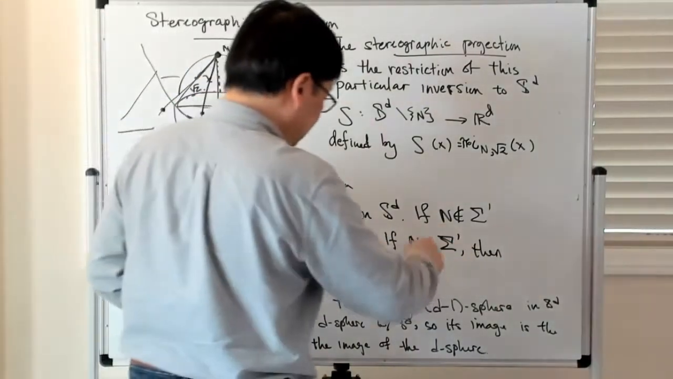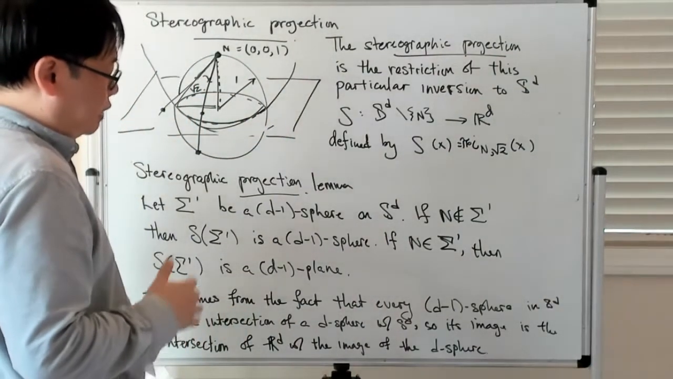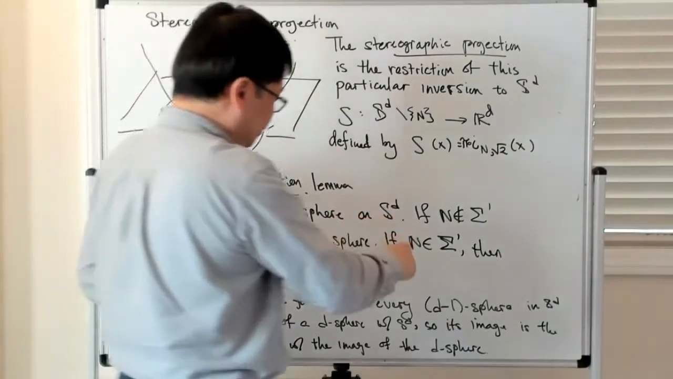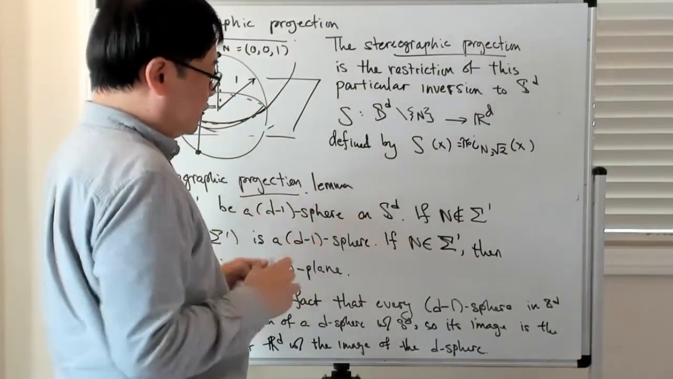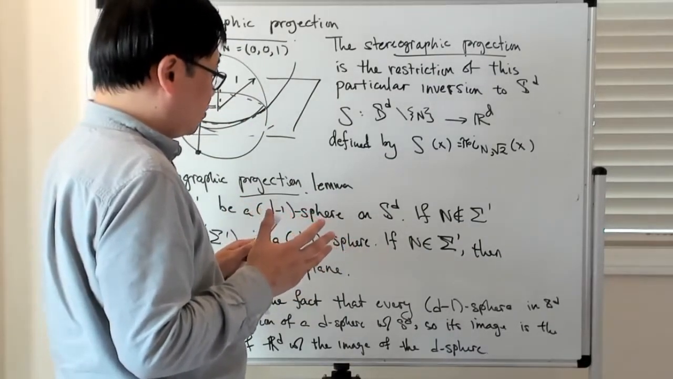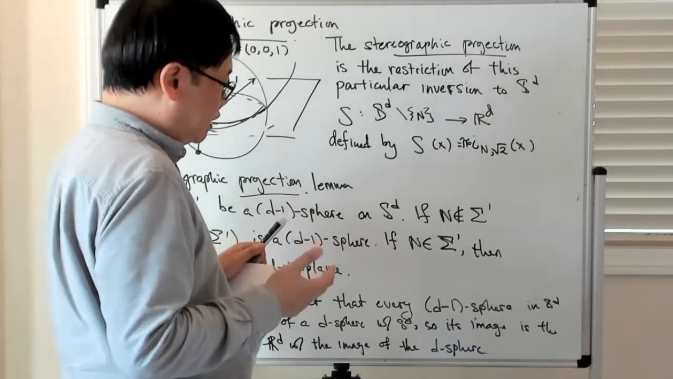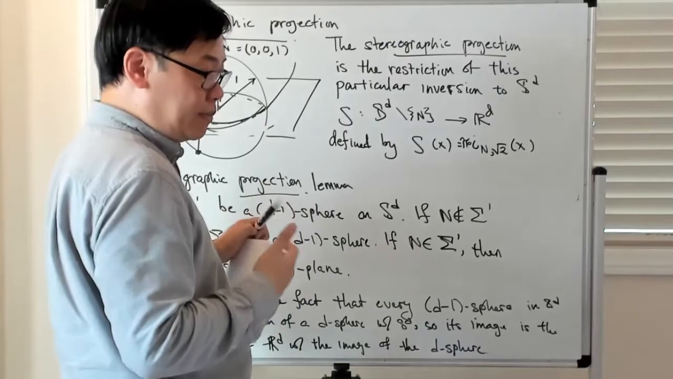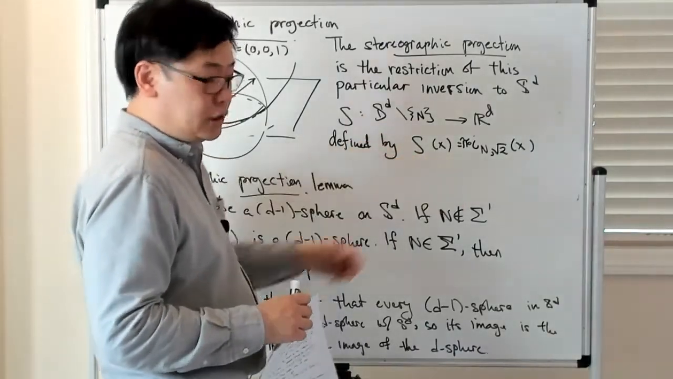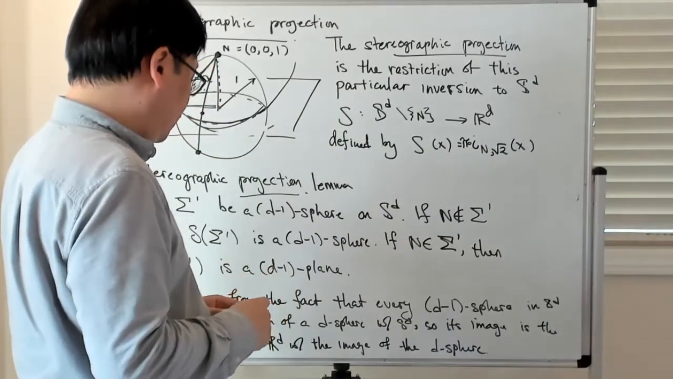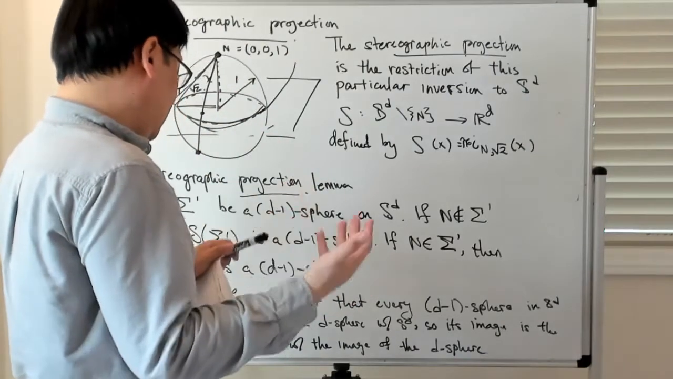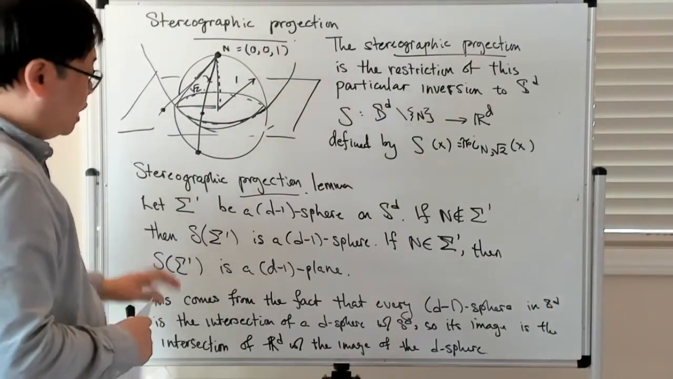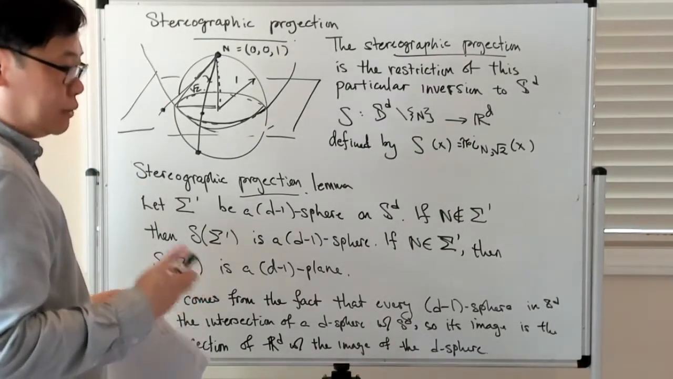So if n is in sigma prime, then sigma prime itself is the intersection of a d sphere sigma with S^D, but then obviously n is contained in sigma, and so when you take sigma and map it by this particular sphere inversion, you get a D plane. Then you take the intersection of a D plane with another D plane, and you get a D minus 1 plane, which is what you have here. So this is not so surprising. The stereographic projection lemma is really just a consequence of what you already know